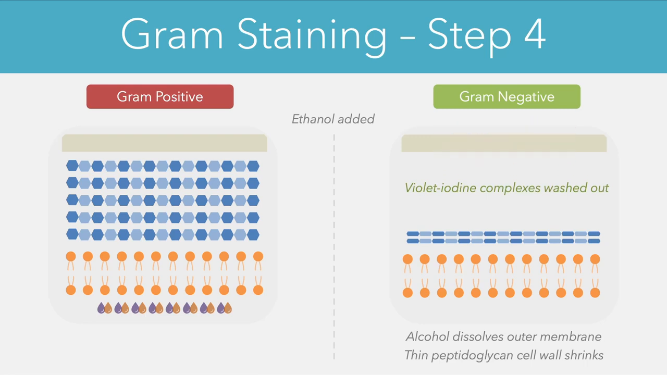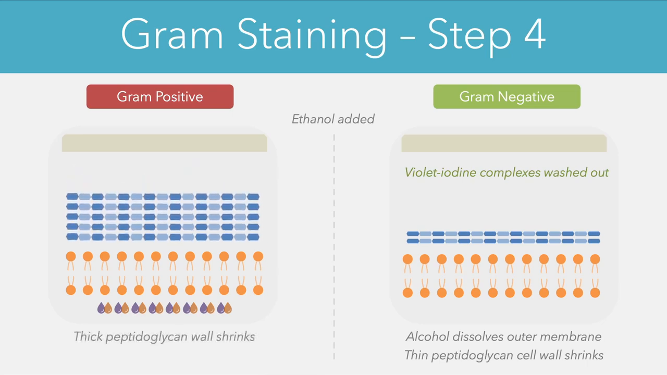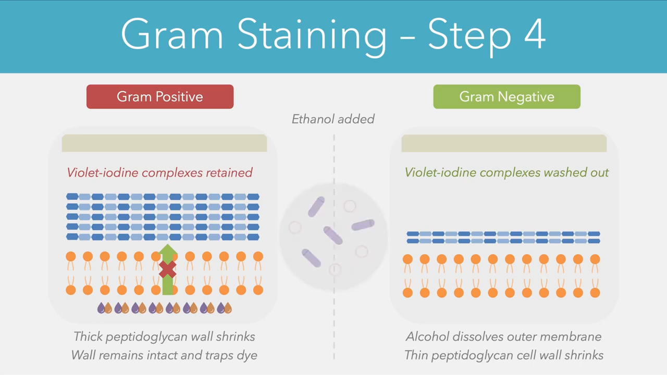If we compare this to gram-positive cells, when we add the ethanol in this case, it again diffuses across and hits the cell wall, causing it to become quite shriveled and shrunk. However, because the cell wall was quite thick to begin with, it's still strong enough to retain the crystal violet, and it prevents the crystal violet iodine complexes from being washed out. You can see that at the end of this step, the gram-positive cells have retained the violet iodine complexes, while the gram-negative cells have lost them. And if we looked under the microscope here, we would find a range of purple cells representing the gram-positive types, and a range of colorless cells